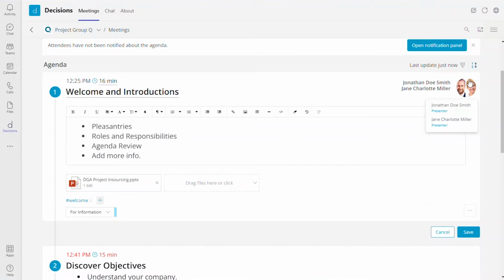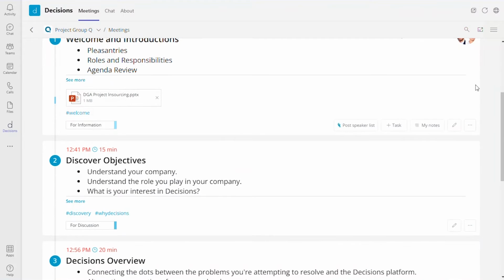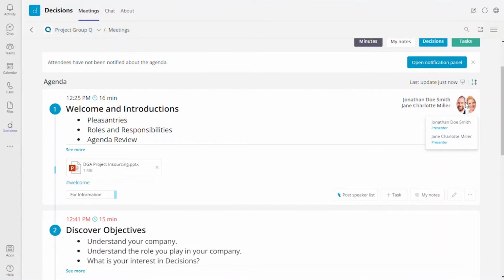So now John and Jane, when I save this, they are going to be notified that they're presenting agenda item number 1, and they now have the ability to go and make edits or changes to agenda item number 1 as they see fit. This is very beneficial for organizers who don't want to have to come up with every single agenda item. You can create an agenda item and then just assign people as presenters, and then it's the presenter's responsibility for bringing the information to that agenda item.